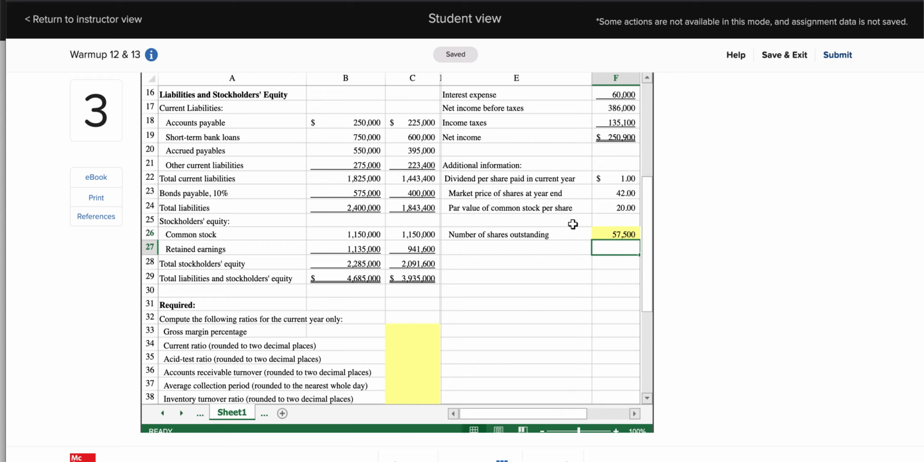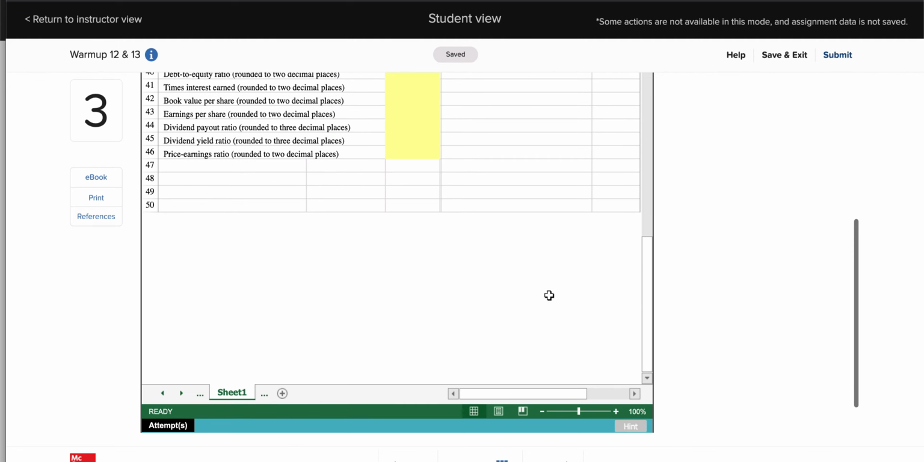Now, I did notice something. They're telling you that this is the par value of the common stock per share, and I mentioned that they didn't have a par value. Typically, when you have a par value, you will have a common stock account as well as an additional paid-in capital account. So this stock must have actually issued at the par value. Otherwise, you would see a separate account that says additional paid-in capital. So we have that answer, and we will move on to the,